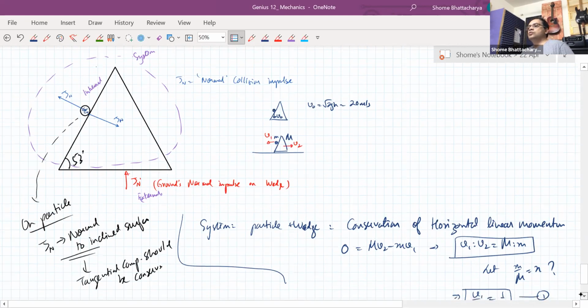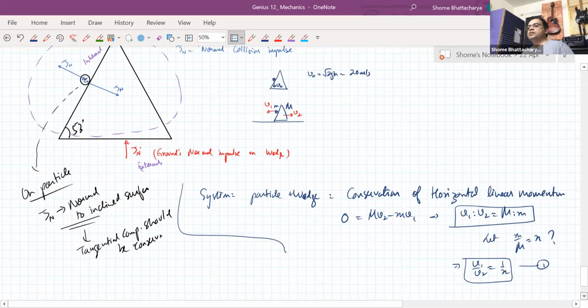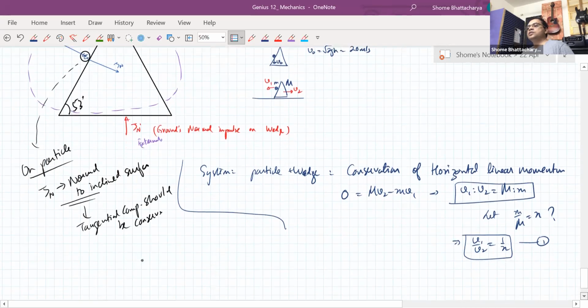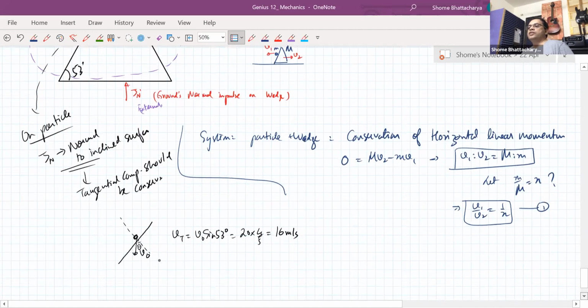Okay, so for the particle before impact, this velocity was V0, and this angle was theta. So the tangential component was V0 sin 53. That is 20 into 4 by 5, so 16 meters per second. After impact,